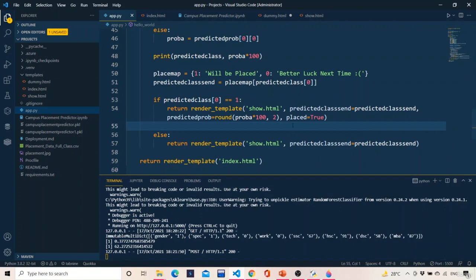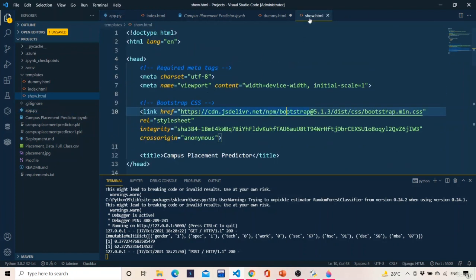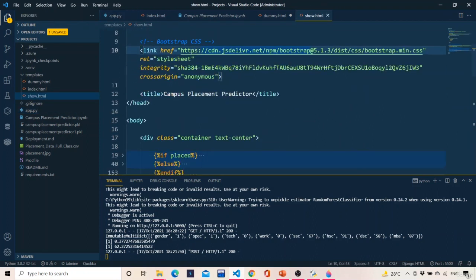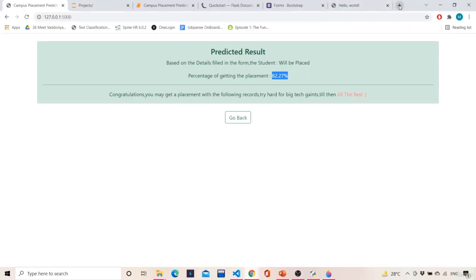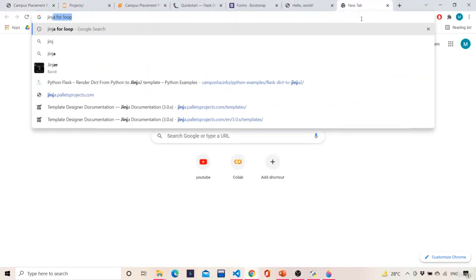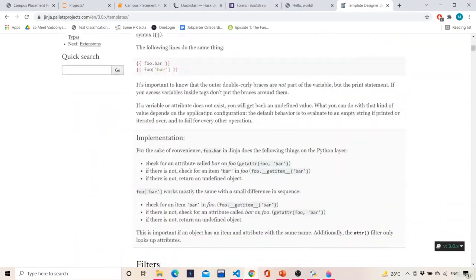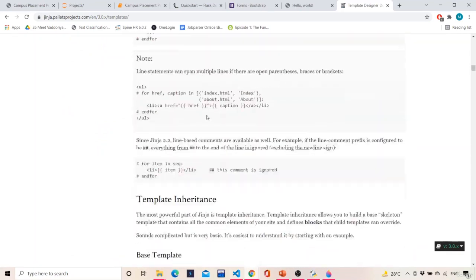So once this is done, the data from the backend is now going to the UI. How to retrieve it in the UI is simply show.html. As you can see, the data is being sent to this template, show.html. In show.html, this is simple Bootstrap copy and paste. Now over here, this is very important. This is nothing but the Jinja syntax. If you look at the Jinja syntax of Flask, you'll get more understanding. Basically you can run for loops, if conditionals, and so many things with Jinja in Flask.